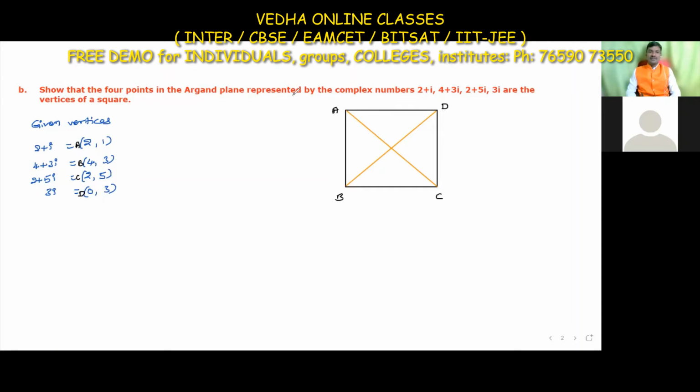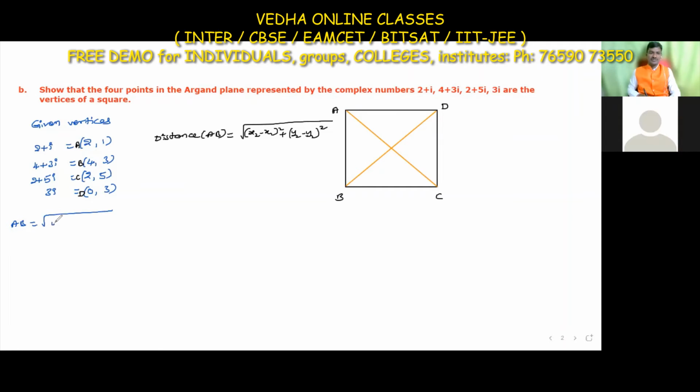Now what we have to use here, we have to find the distance only. We are finding the distance only. What is the distance formula here? Same formula here. AB is equal to under root of x2 minus x1 whole square plus y2 minus y1 whole square, the distance between two points. So here I am finding the distance between points A and B.